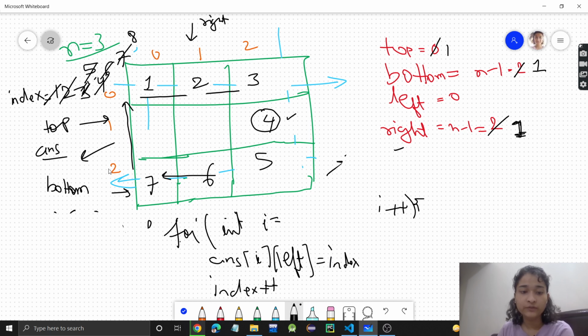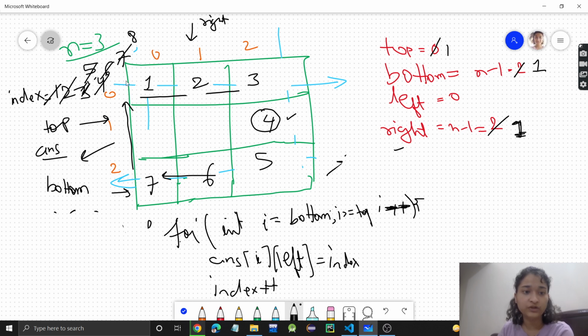But now we have to check which row it will start from. It will not start from 2 because it's already occupied. It will start from here, which is the bottom row. So it will start from bottom, and it will reduce, and it will go till the top row. So I greater than equal to top, and here it will be I minus minus, because we are decreasing the row index.